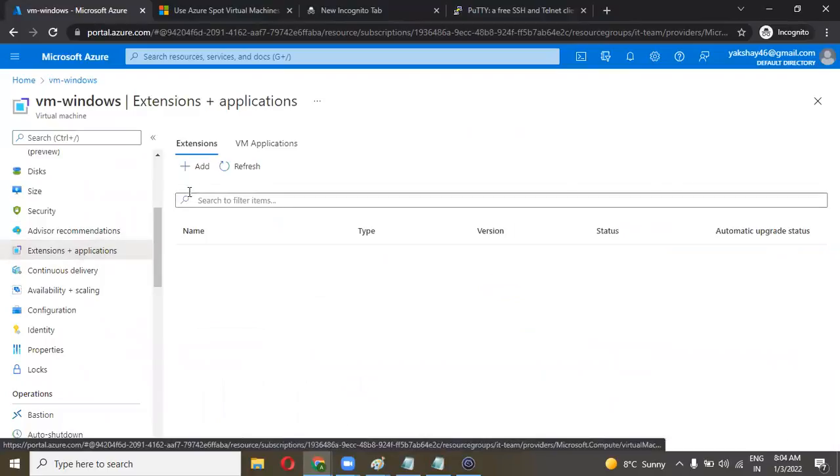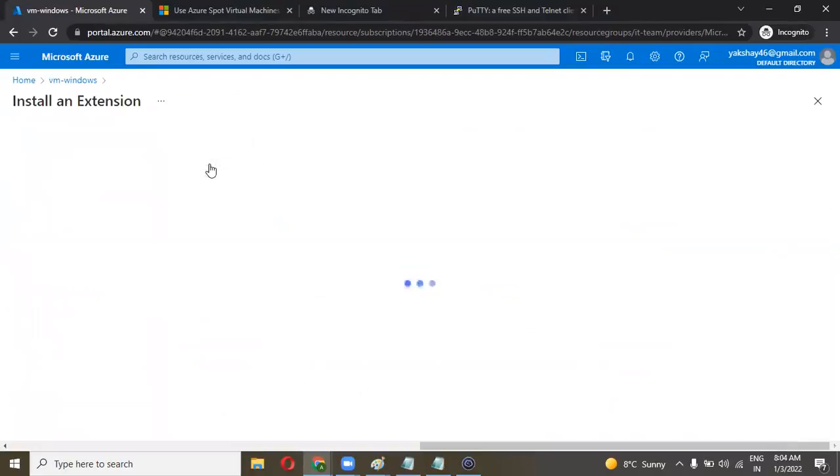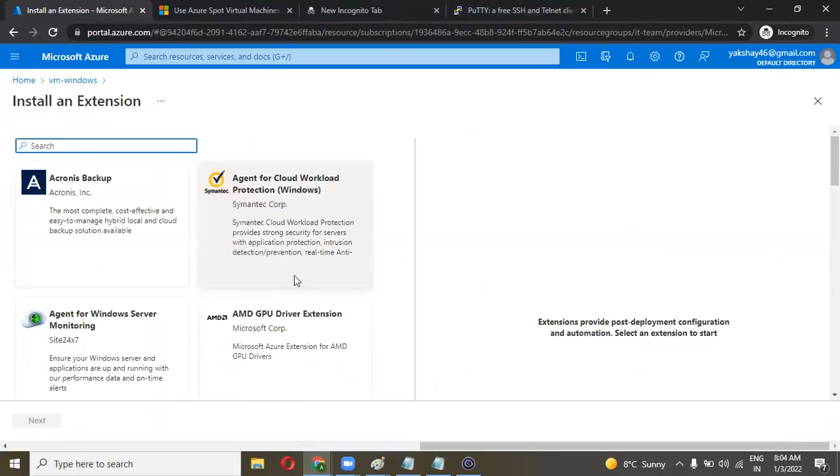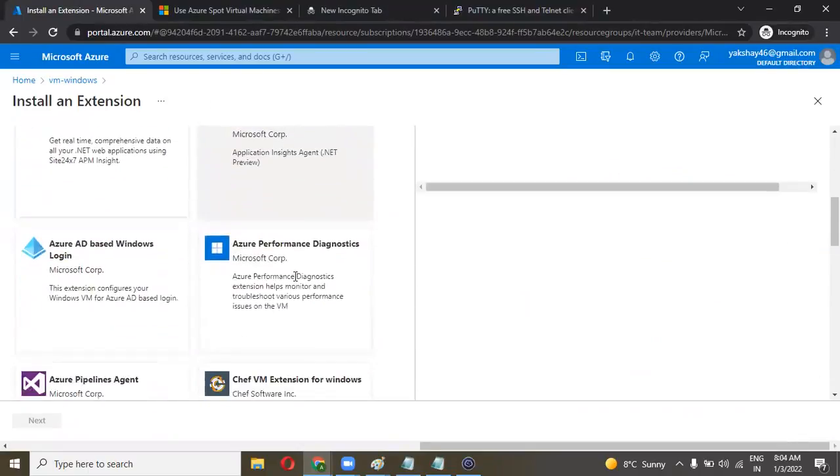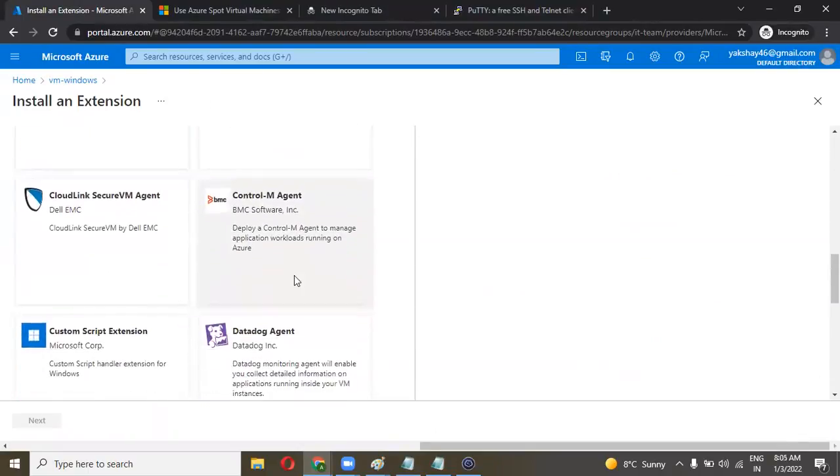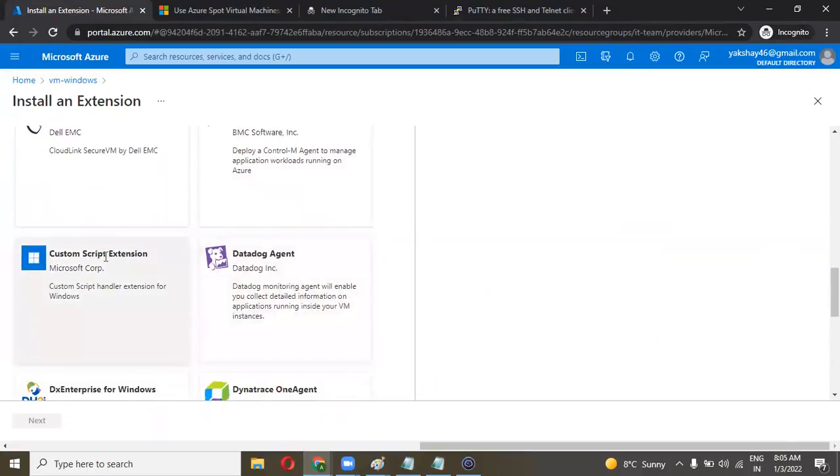In extensions you will see add extension and install extension, custom script extension. Okay, so click on that and next.